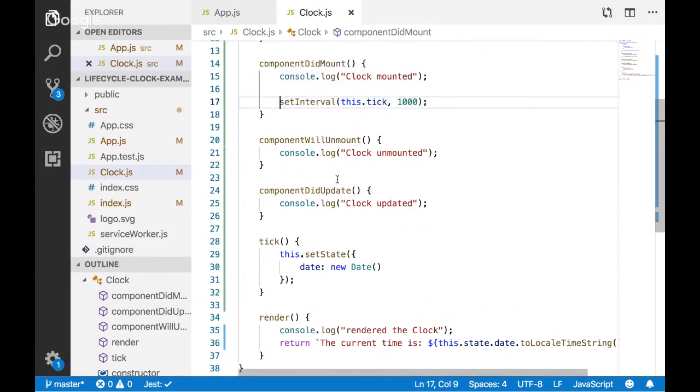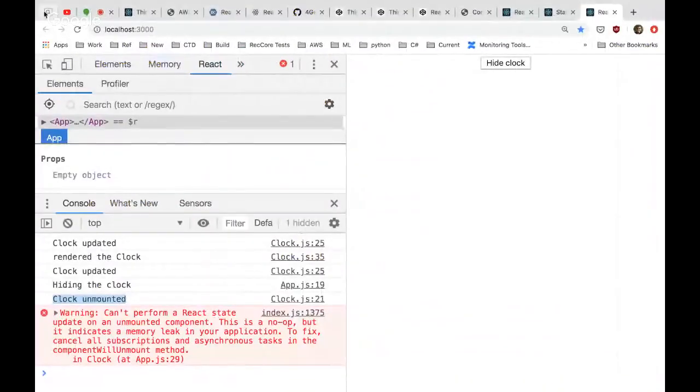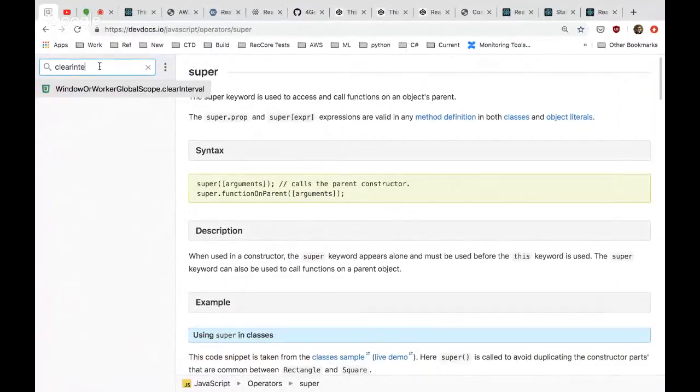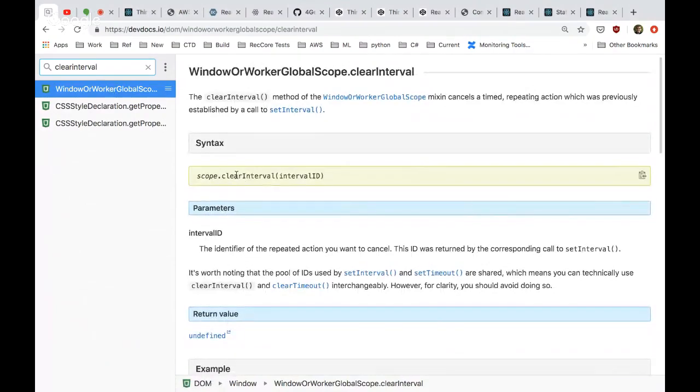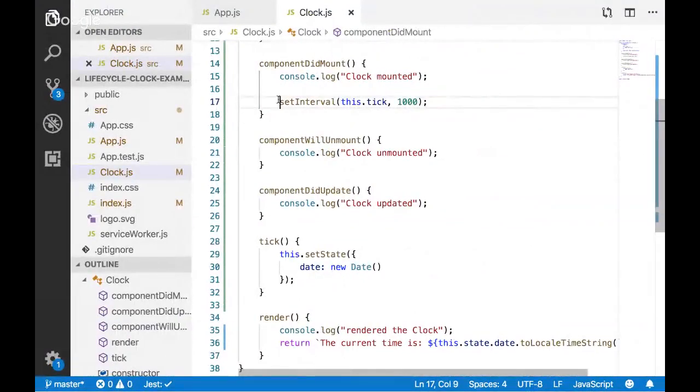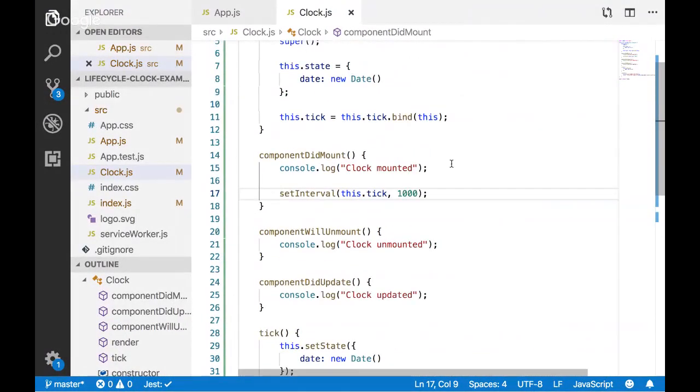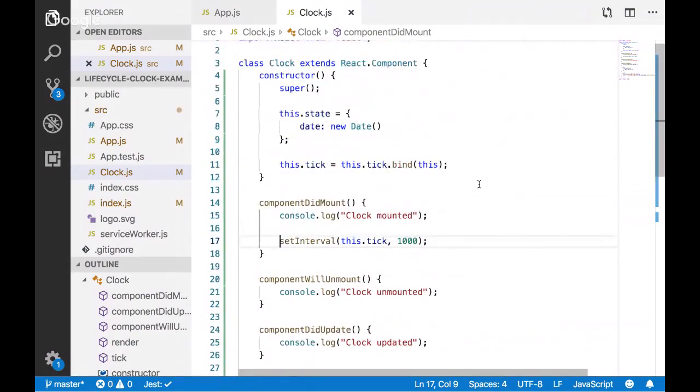So what we need to do, if you remember from our earlier example, we need to call that clear interval. Oh, okay, they are on here. They just use a longer name. So we need to call clear interval with the ID of our interval when we unmount, which means when we create the interval, we need to hold a reference. Now we could put that in the state if we wanted to, but since the interval reference isn't going to affect the rendering of our component, we can actually just attach it right to our object using this syntax.